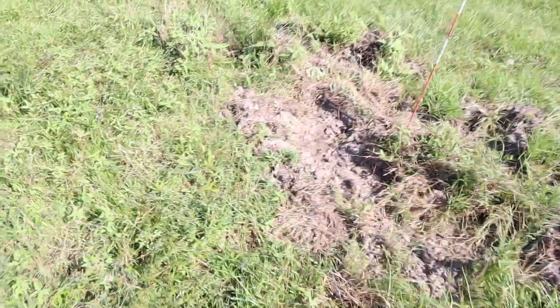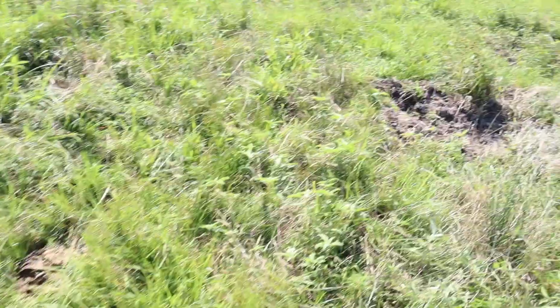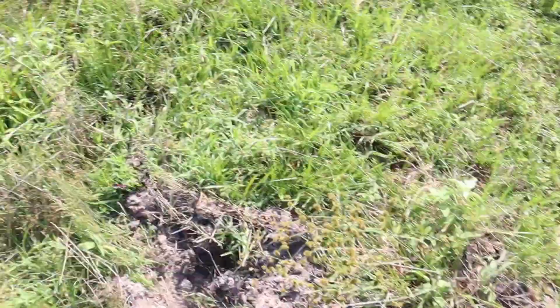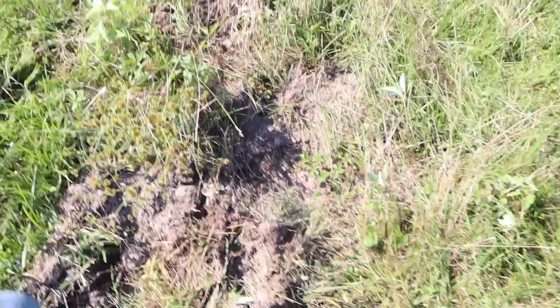Look. Awful, awful, awful. These wild pigs have got to go. Oh, gosh. Frustrating as all can be. We haven't had a problem with them in a while. It's the first signs that I've seen them in probably 5 or 6 months. But I hope that snowpocalypse killed most of them, because